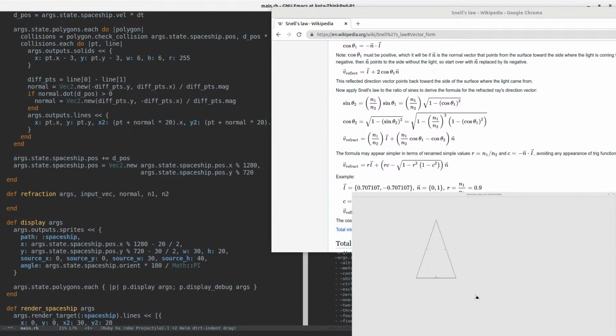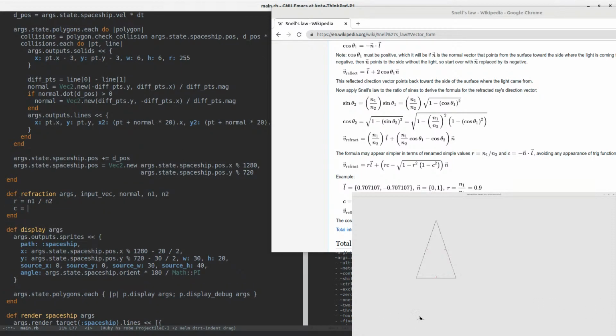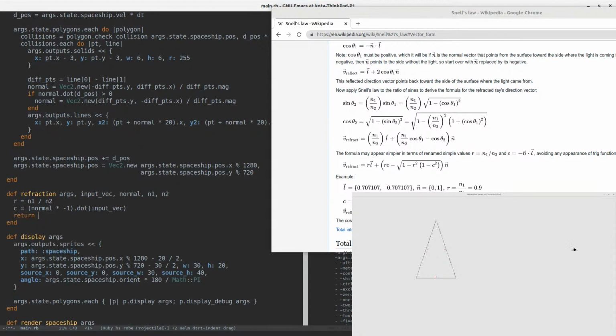So let's first compute our R and C. So this is N1 over N2, and C equals negative dot of the normal. Because of the way my thing is set up, I end up having to do that, but that's okay. And then we will just do this dot, and this is our input vector, which is our light vector here. Okay. And we will return R